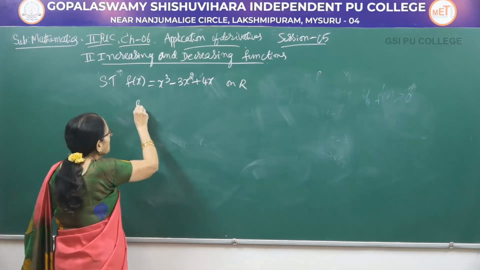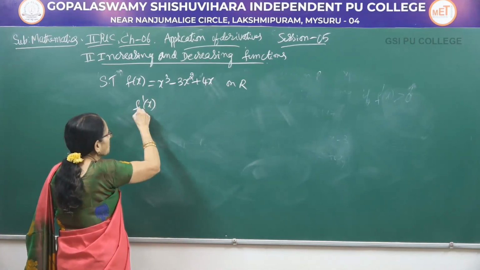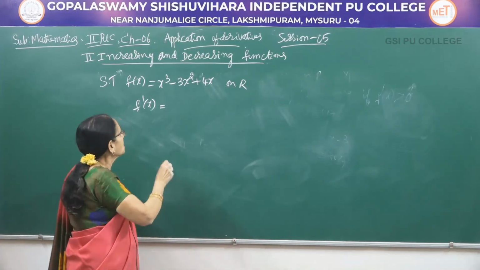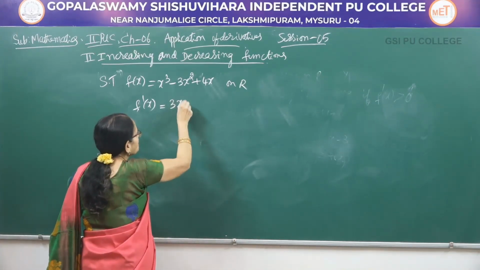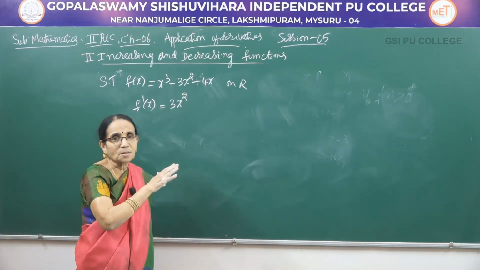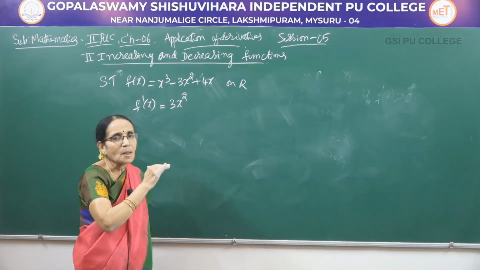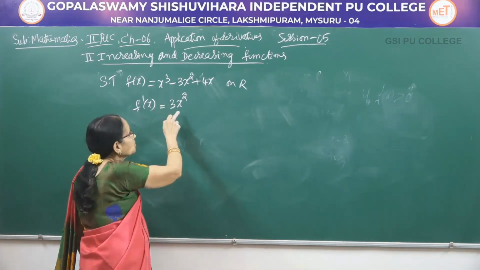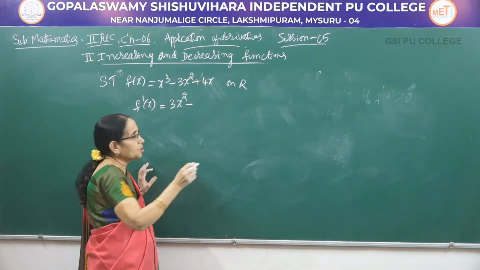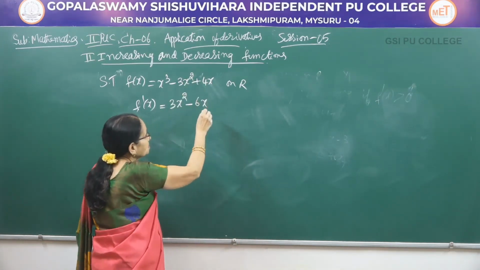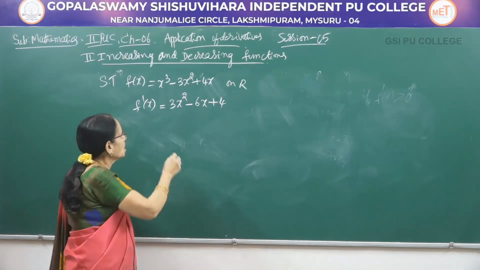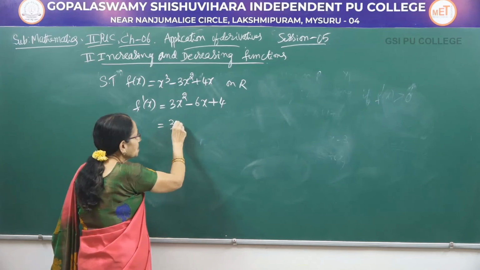Let me consider the derivative. For such problems, we use the derivative or the statement of the theorem. F dash x, what is f dash x? Here, the concept of differentiation, or the application of the derivative, comes into the picture. X cube becomes 3x square, 3 into x square becomes 2x, that is 6x, and 4x becomes 4. Correct? Now, let me write it in order.